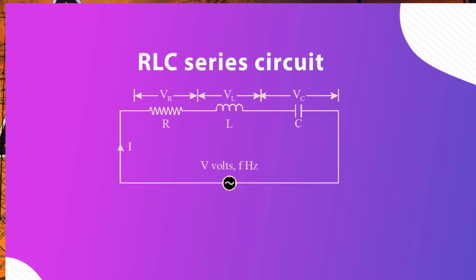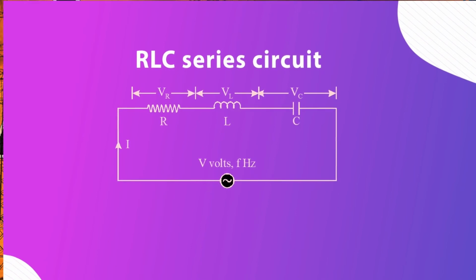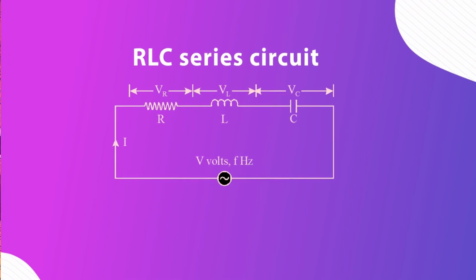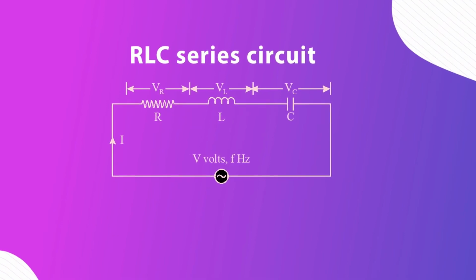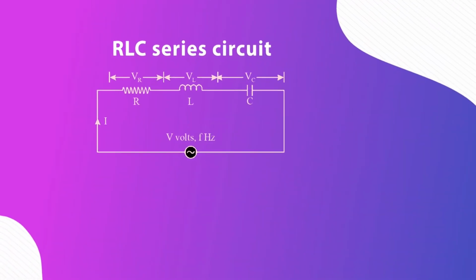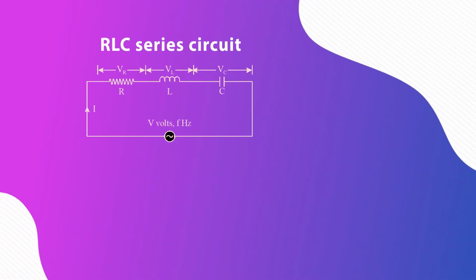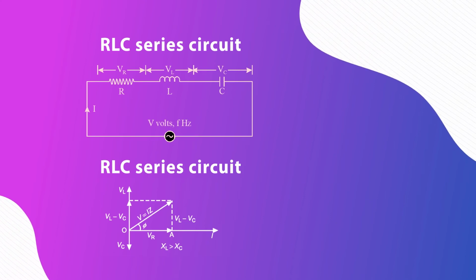So here you can see the voltage drop across resistance R can be written as voltage VR, voltage drop across inductor can be written as VL, and voltage drop across capacitance can be written as VC. And this current I is flowing through all three components, because all three components are connected in series. So because this current is common, you can take I as a reference value for drawing the phasor diagram. Here you can see the phasor diagram. This I is a reference quantity which has been shown by the horizontal component I.